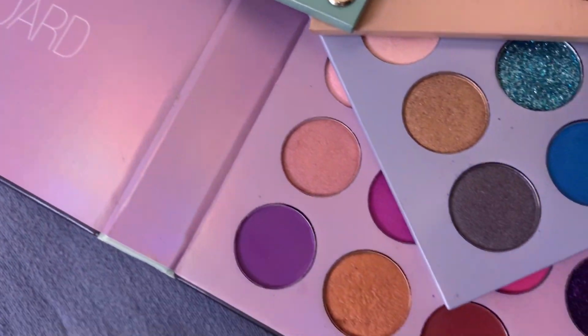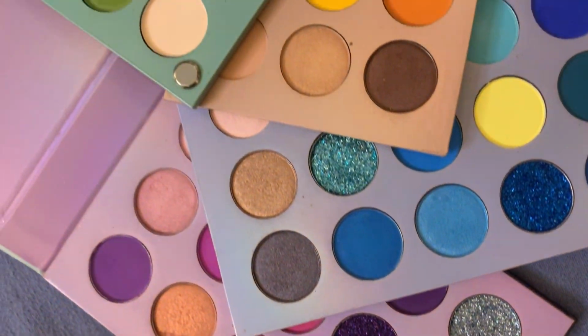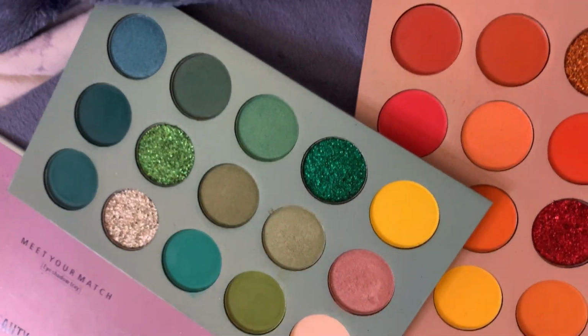So the shades that are here kasi are mainly for the lid. There are some transition colors here, pero it's not meant to be a complete eye look. As you can see, wala silang blacks, silang dark browns. Parang this was the darkest brown that they have, and it was more of a red kasi that's what I used. So yun, despite it having 60 shades,